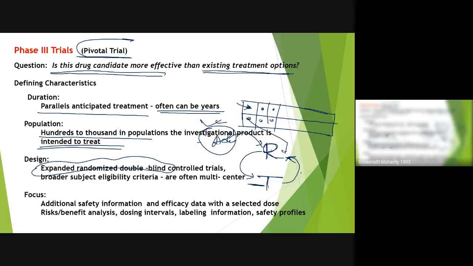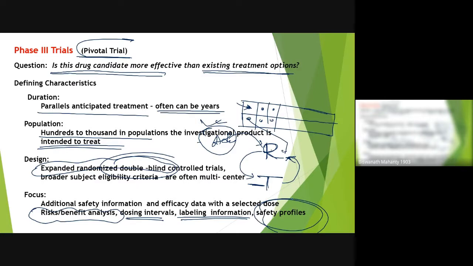What is the benefit? Because bias in the study design can be avoided. If you know something, because you are a researcher, something will come to your mind, okay, I'll give only the high good dose to get the result. So to avoid this bias, you can sometimes have double-blinded control studies. Here we will focus primarily on how it is going to perform in comparison to other molecules, the risk and benefit analysis, whether it is really worthy of having the drug when some drug is already there, dosing interval, and labeling information, meaning how much dose you are going to give, how to provide the dose, and any safety profiles if you are going to study.